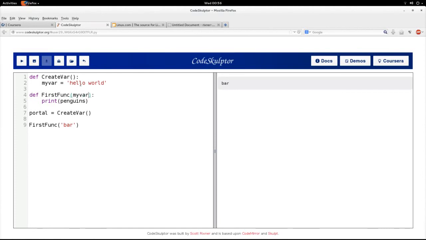I just called it myvar because the expectation of what we are doing in the program is that we're getting this variable out of this function, although we're doing it in this roundabout way, and that is how it's done. You take it out of one function, you put it into a variable, and then you pass that variable into your second function. It becomes whatever you tell it to become,